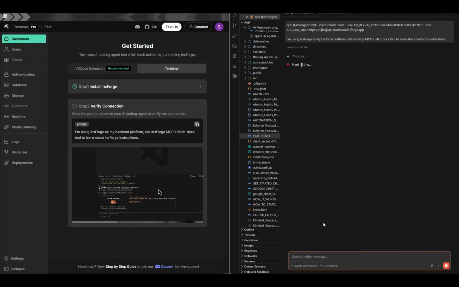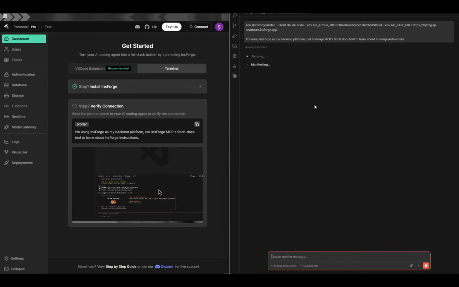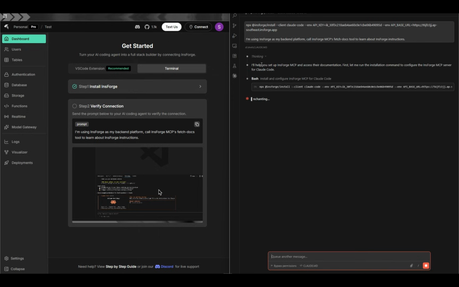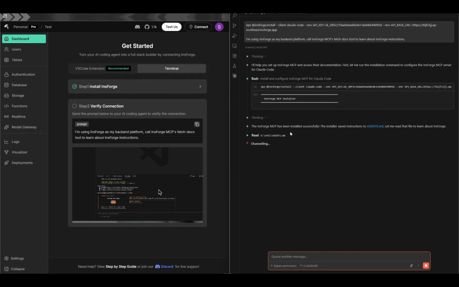So now Claude, what does it do? It will connect and install all the variables and everything to our local machine, and then connect to our InsForge and create the dashboard itself. As you can see here, it says I will help you to set up InsForge MCP and access their documentation. First, let me run the installation command to configure the InsForge MCP server for Claude Code. It's running now in the background, and it's saying here it has been installed successfully, and